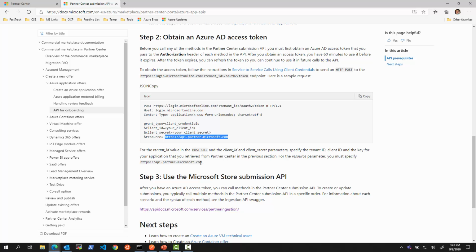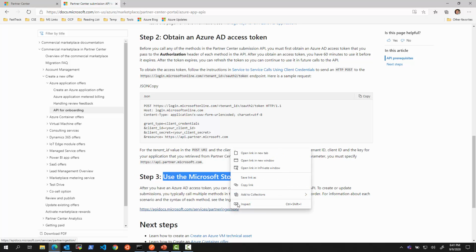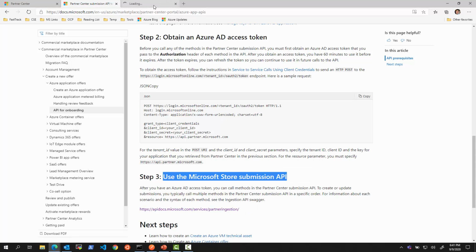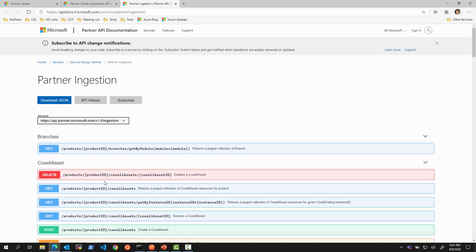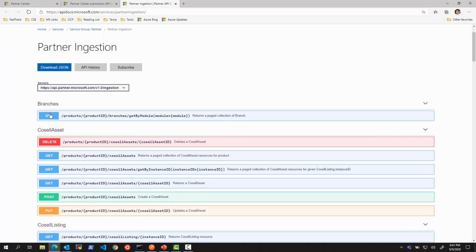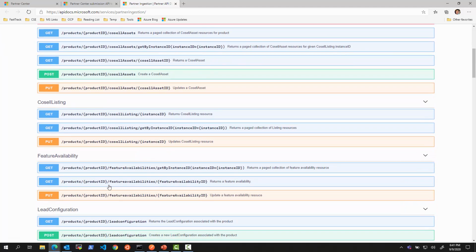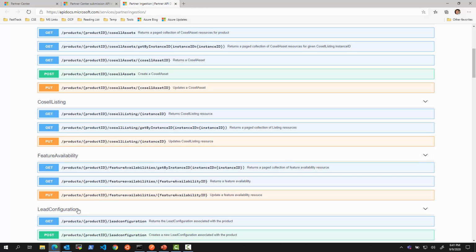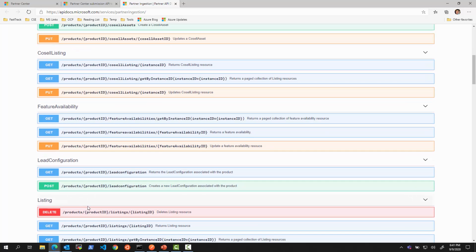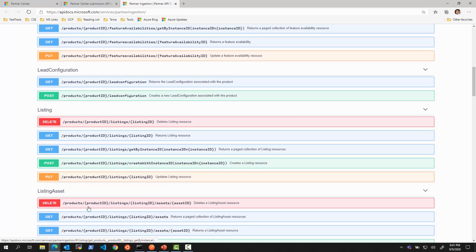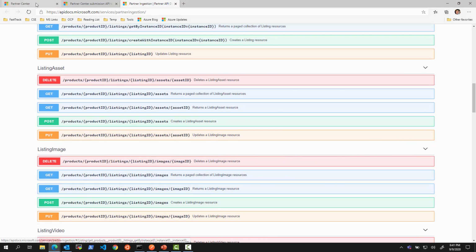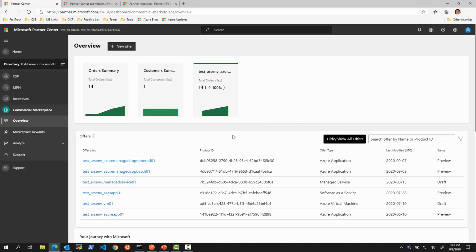Once we're done with that, we will have a bearer token we can pass to use these store submission APIs that are documented using Swagger. You can download the Swagger right here under this endpoint. This API does not currently have detailed documentation explaining what each section means, and therefore the way we will look into it is by mapping it back to the user experience that you see here